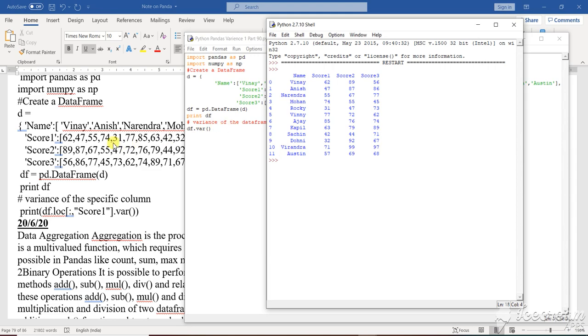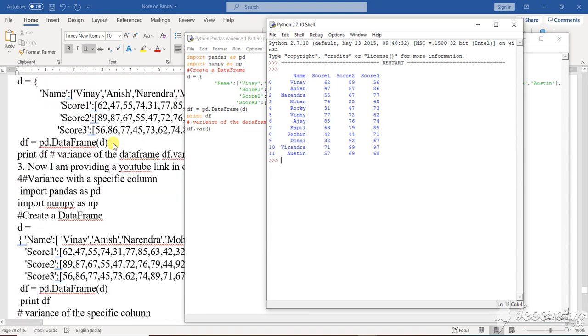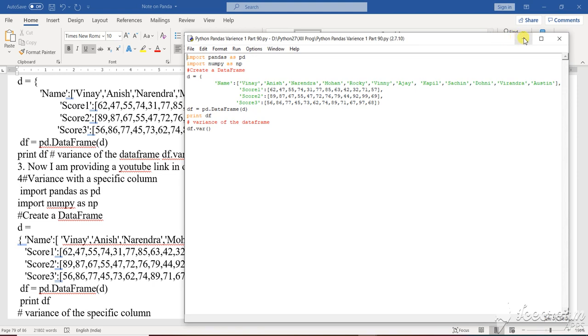It is printing the df, but it is not showing the variance. So for the data frame variance to show, you have to link that particular structure as I have shown you. I have written it here also.